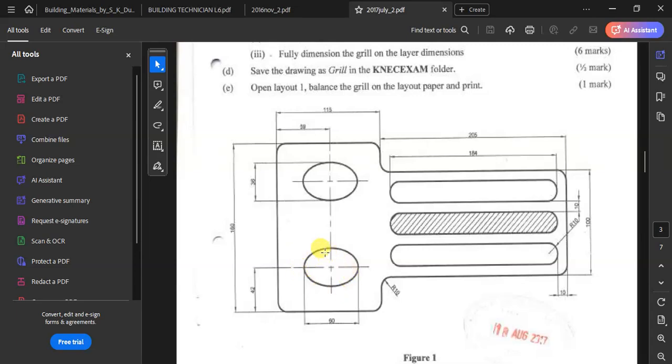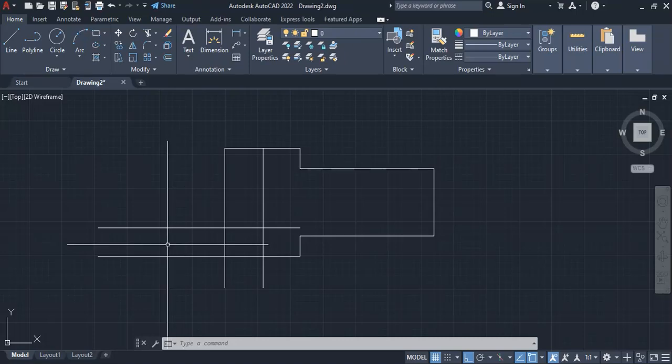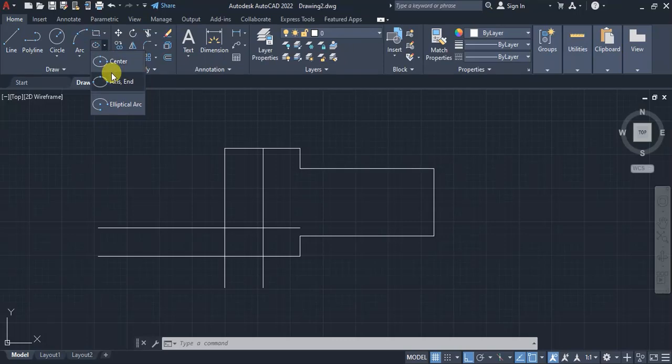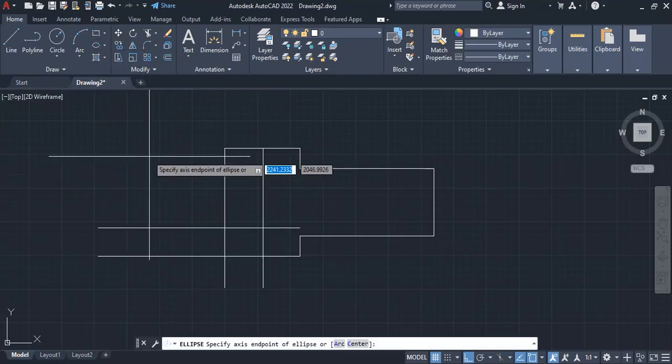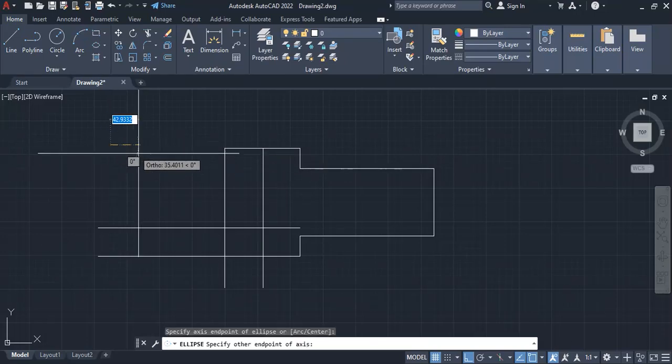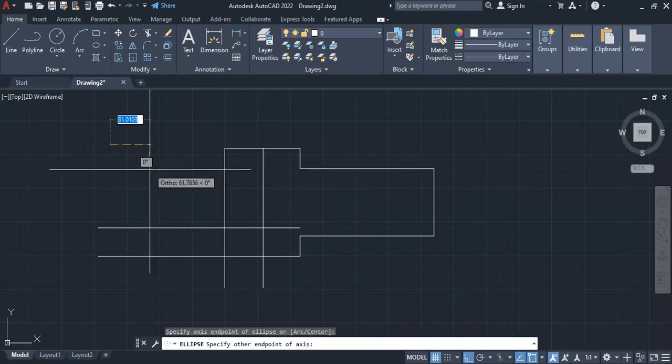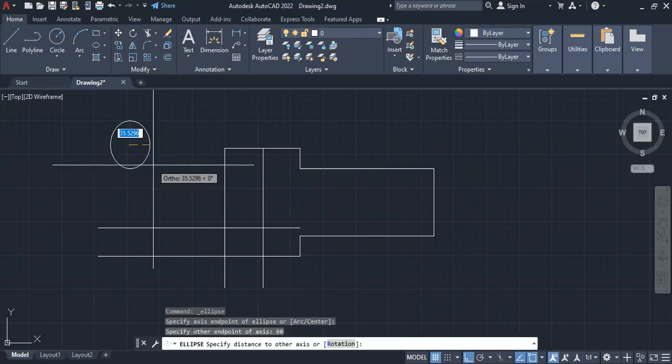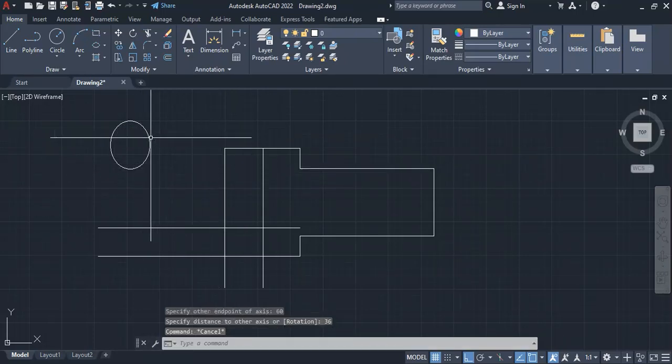So I'll draw this. I can see it is an ellipse with a major diameter of 60 and a minor diameter of 36. So we'll draw that. We'll come to the ellipse command, then choose the axis and end method. So I'll select one, then enter distance of 60, then enter. Then the next one I'll enter distance of 36, then enter. So I'll confirm this